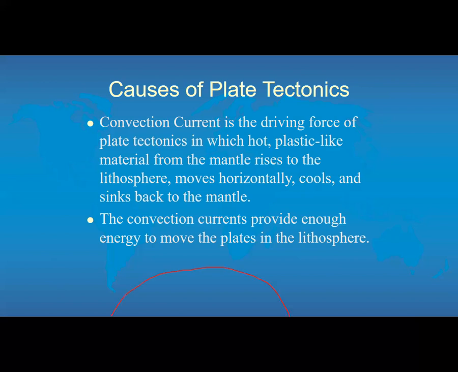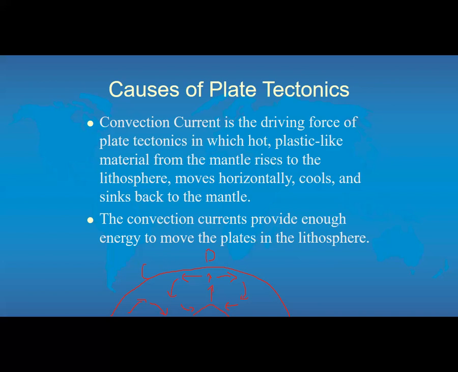Okay. So if we have the core right here, again, the core is hot. That rock is going to rise, and then it's going to be deflected outward. And as it is deflected outward, this would be a divergent boundary. It's going to create a little crack here, pull plates in opposite directions. But as it's going on the surface, it begins to cool, so that becomes more dense. Then it hits the core where it is heated again, and this whole process repeats. Now, obviously, there's more than one current, so where the currents come together, you might have a convergent boundary because, again, there's more than one occurring at a time. So this is what's driving the plate motion.